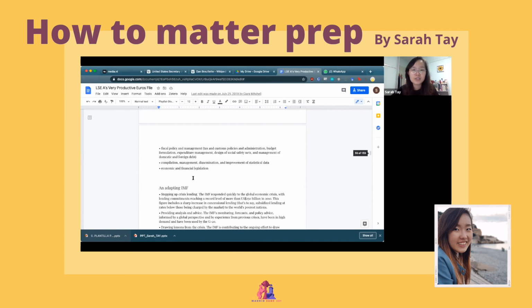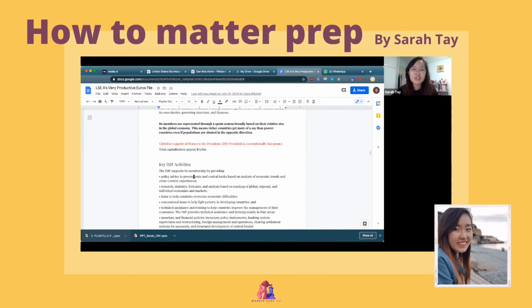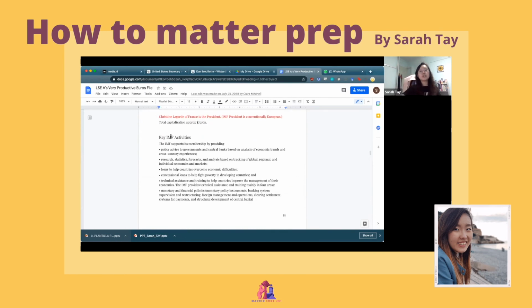our favorite arguments. Oh yeah, so this is useful. For all the economic organizations, like the IMF, the WTO, the World Bank, the AIIB, they all have different instruments that they use. And I think it's quite useful to come up with a list of things that they do, so that in a debate, like in the quarterfinal debate that we had for Euros, which is still not up, and I keep messaging the organizers to put it up,